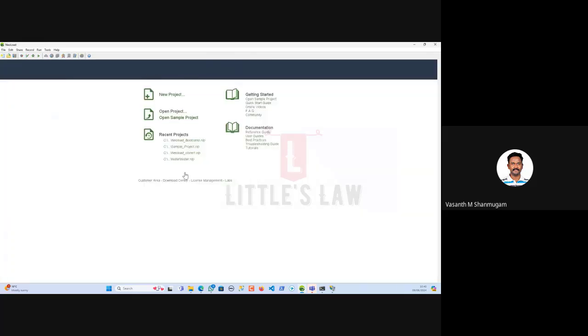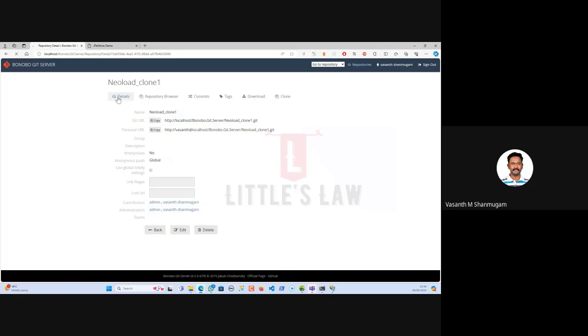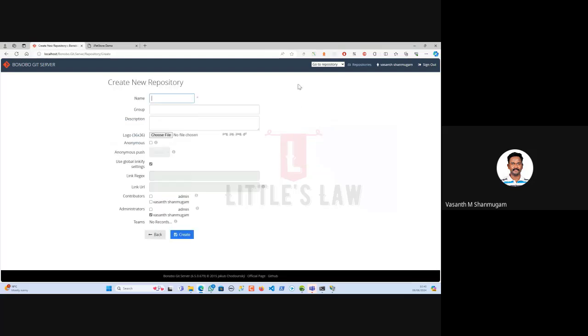If I want to create a new project, before I create a new project, firstly I have to create a repo in the repository. So for example, if I go back to my repository details and go back to the home page, this is where my Git server works. This is something like my localhost Git server, and I'm creating a new repo. So for example, Neoload